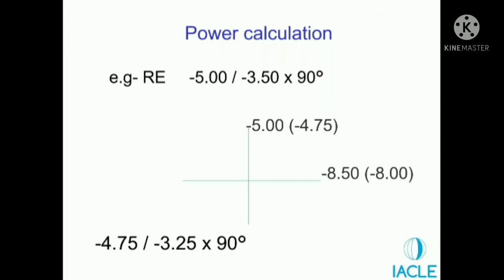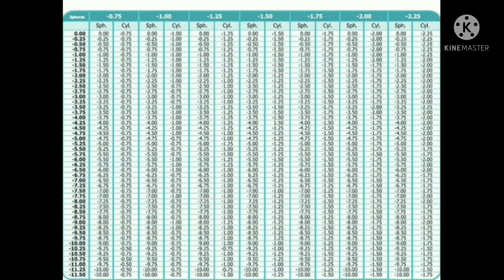Yes, sir. Good. Now some of you would say, what is this mathematical calculation, we are practitioners now, we have grown up, we don't need to do all this. Okay, don't worry. If you don't want to do the calculations, most manufacturers provide a vertex correction chart. So you can directly look at the chart and you will be able to order. You don't have to worry about the chart. This is just an example. So you can directly look at the chart and that gives you the value.